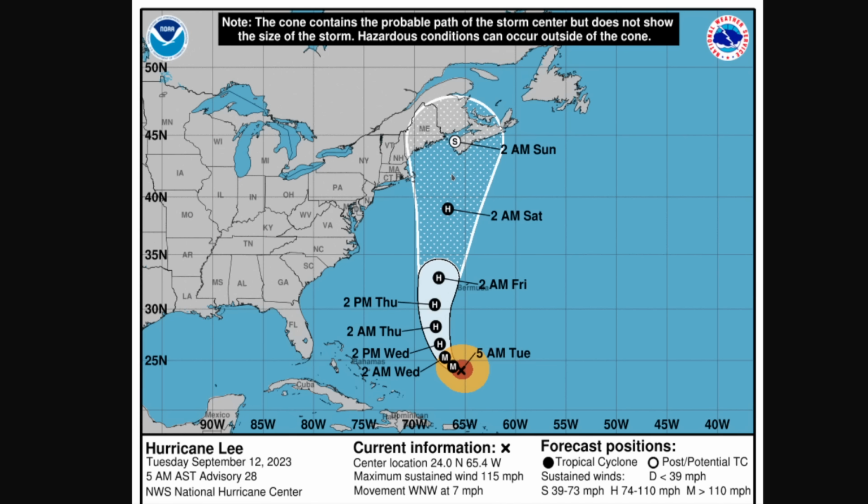So keep an eye out for your National Weather Service for warnings as we go through the next few days and see what impacts are expected in your area. We'll nail down the details of this track over the coming days and hopefully have more clarity as to what areas of Nova Scotia and New England could see what kinds of weather